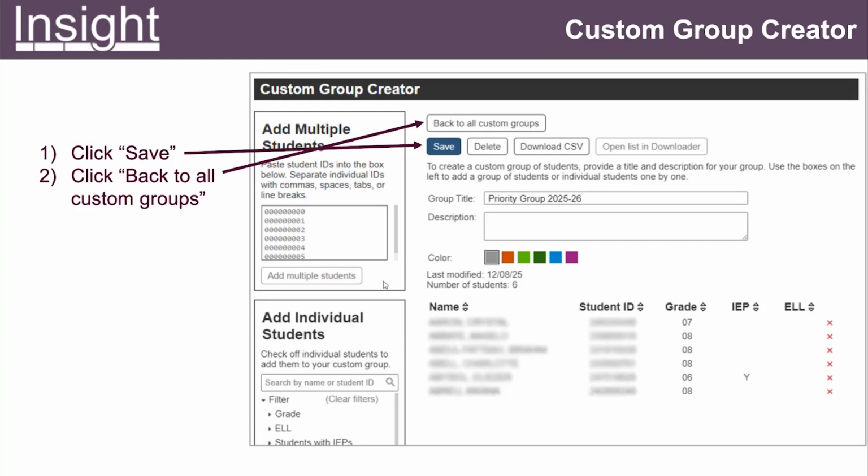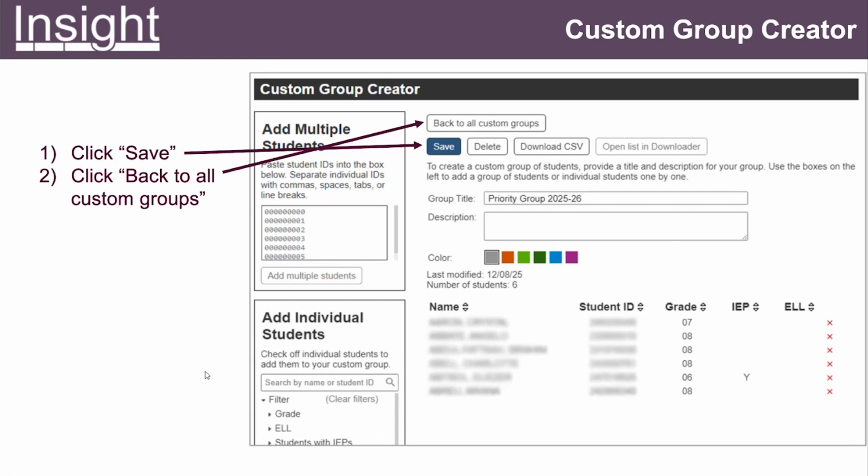For example, if I pasted 12 OSIS numbers, and one is misspelled, not valid, and for another one the student graduated and is no longer with me, we will give you a warning note saying only 10 out of the 12 students you pasted here got added, to help you double check to make sure you got all the information correct.